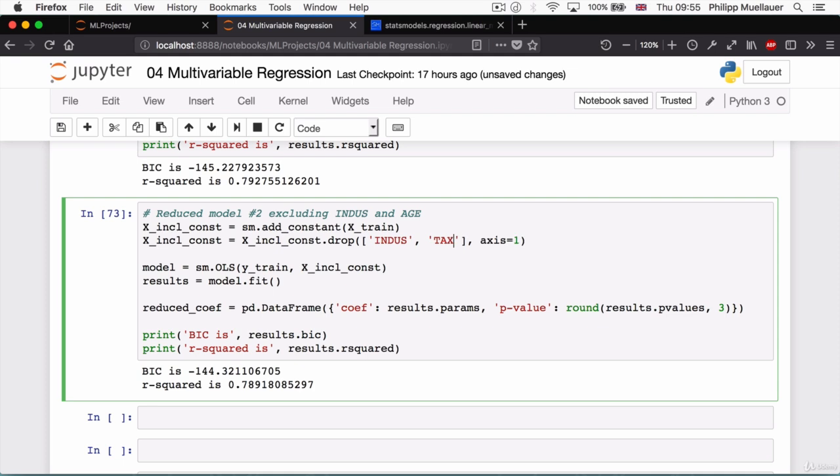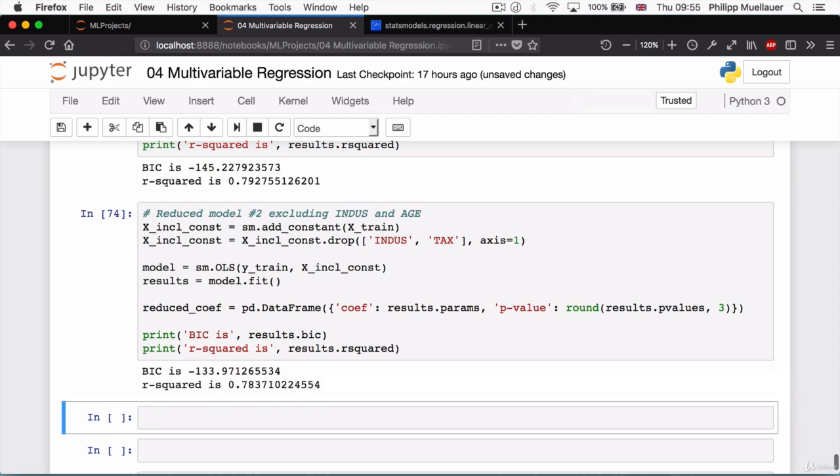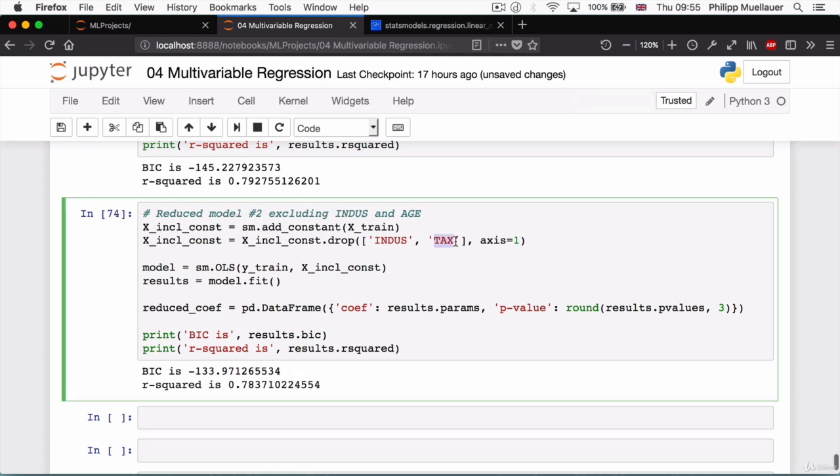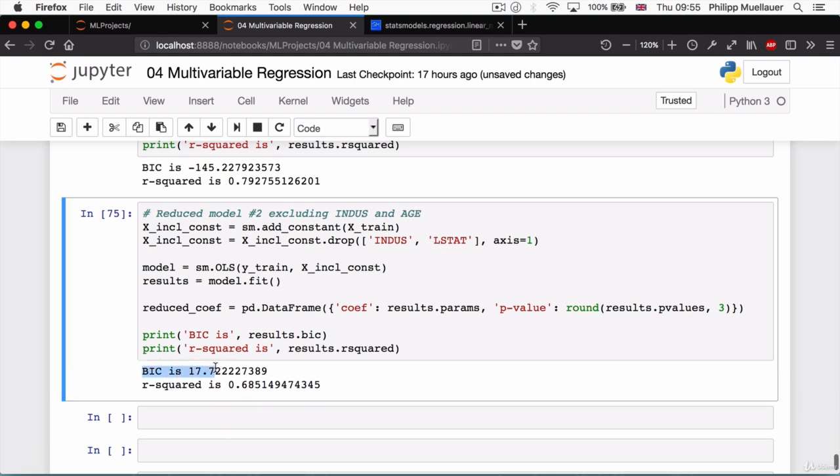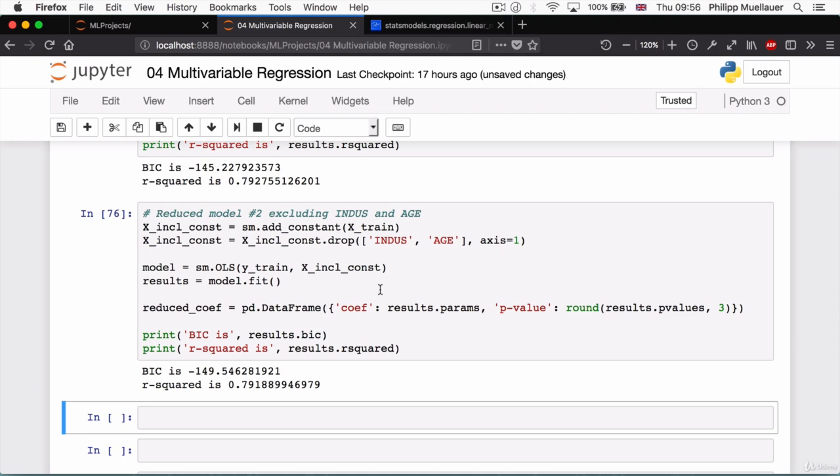Same thing if I change this to our TAX feature. Again, we're making our model worse. And same thing if I change this to the LSTAT feature. Removing LSTAT actually makes our model much, much worse. You can see how much the Bayesian information criterion jumped and how much lower our R-squared is in this case. So LSTAT is actually very important to keep in the model. I'm going to change this back to AGE and press Shift-Enter so that we're back to